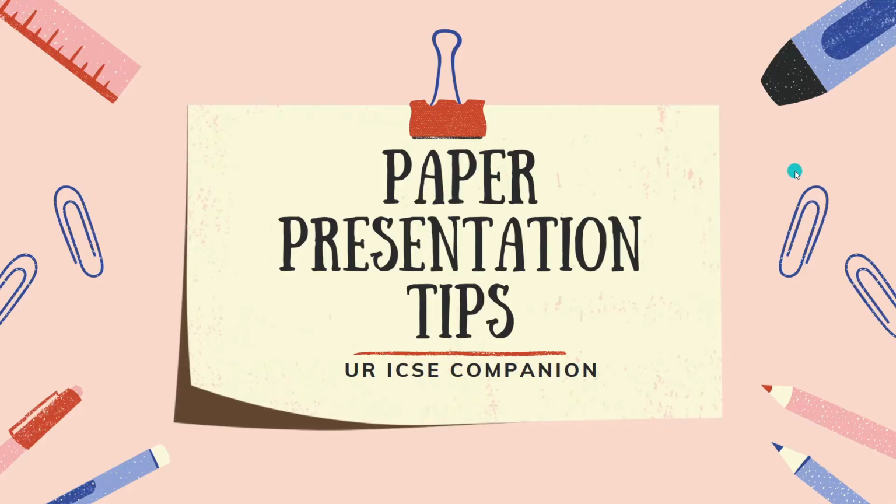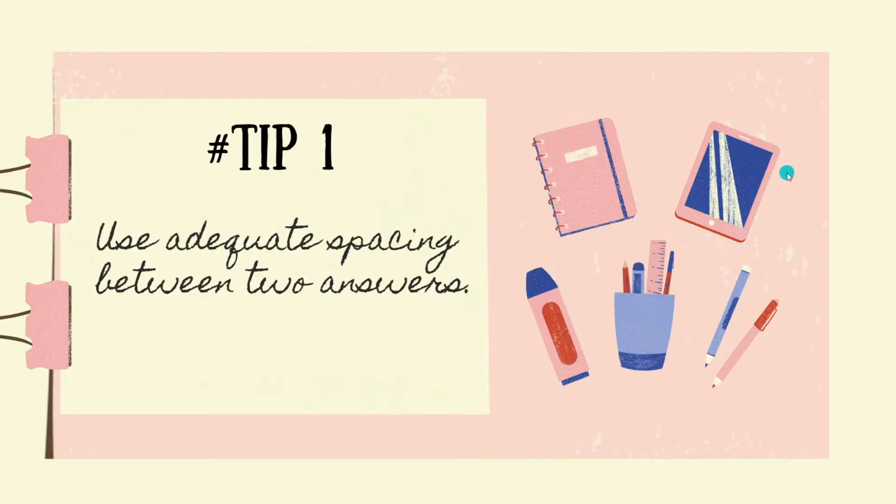So the first tip that I would like to give you all is that many people actually make this mistake. Suppose they are given a question and they are writing an answer to it. Suppose 1a, they have written the content in 2 lines, and what they tend to do is start the next answer from the next line only, and this is a very big rookie mistake. You shouldn't do that because your paper looks a lot clumsy.